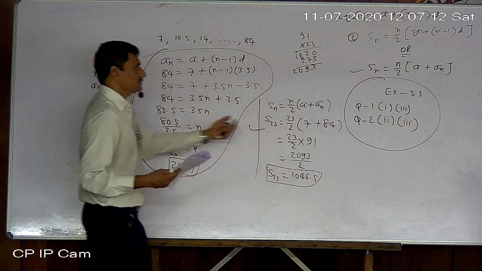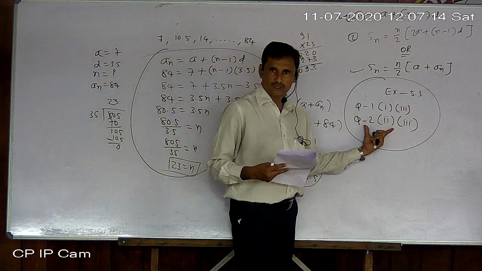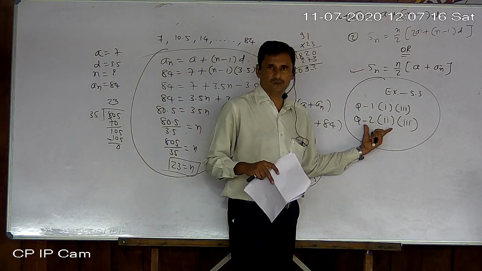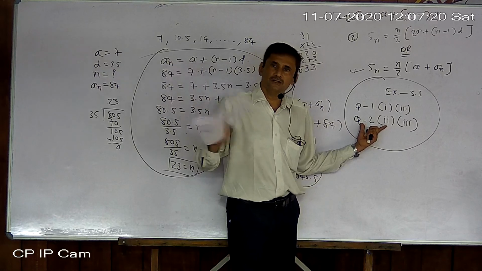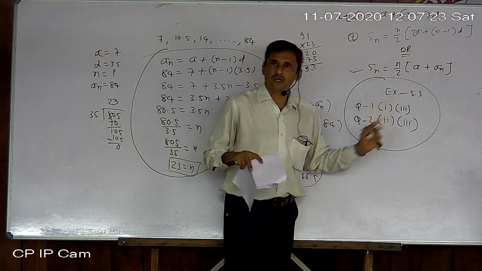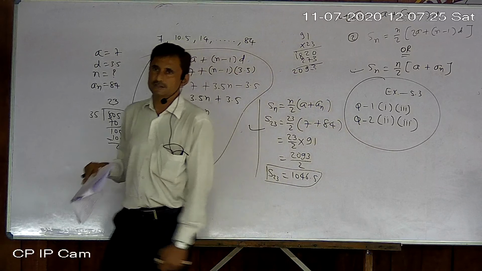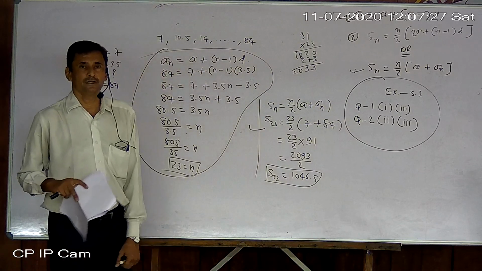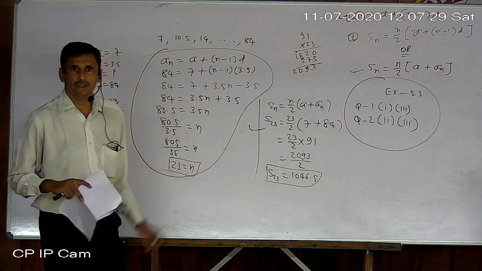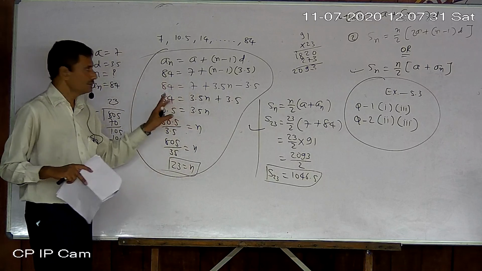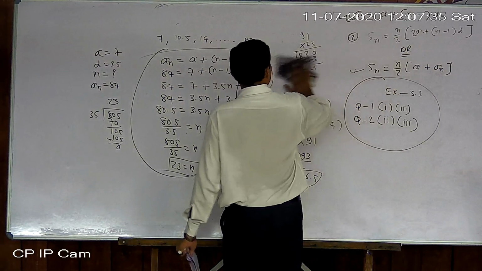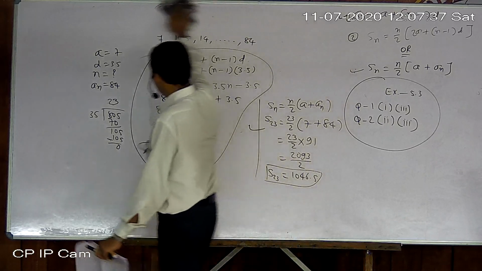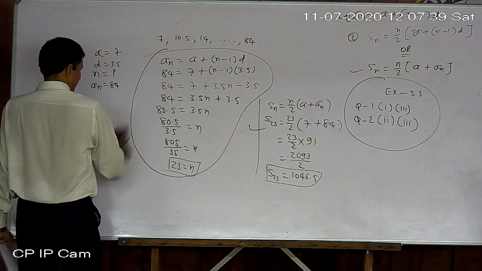In the second question there are 2 steps. In a single question 2 steps will be there. The first step will be finding n and then Sn. In the first question directly you can find Sn. Why? n is already given. In the second one not given. Okay, so you know the difference in both. Okay, so 4 sums in homework. And today only you have to solve that homework.